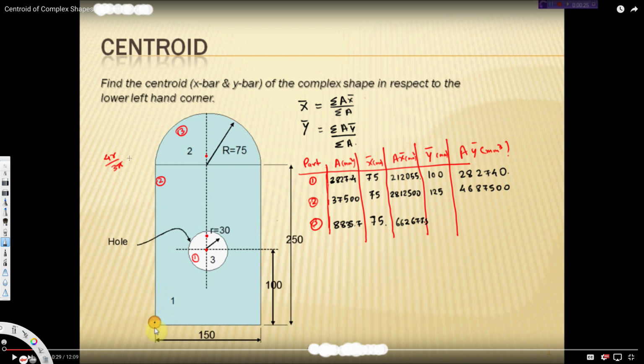Then y bar is going to be the distance from here, but in this case we have to calculate 4r by 3π in order to calculate this distance. That will only give you this distance. Then you have to add these 250 to calculate the total distance, because we always have to calculate the distance from this point. So first we calculate this one and add it with 250. That's going to be the total y bar. And if you do that, you will get